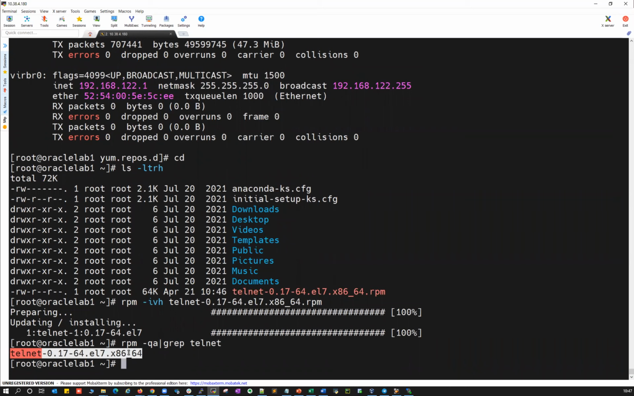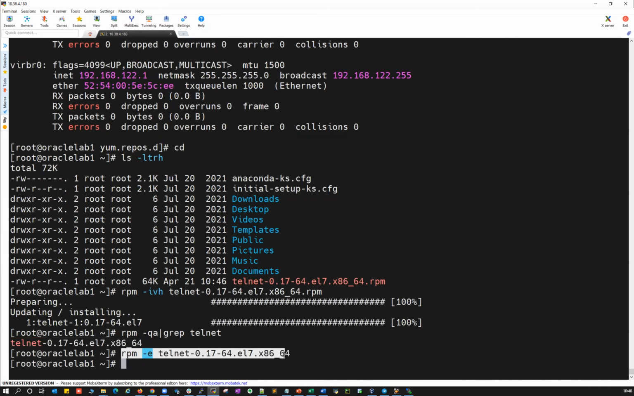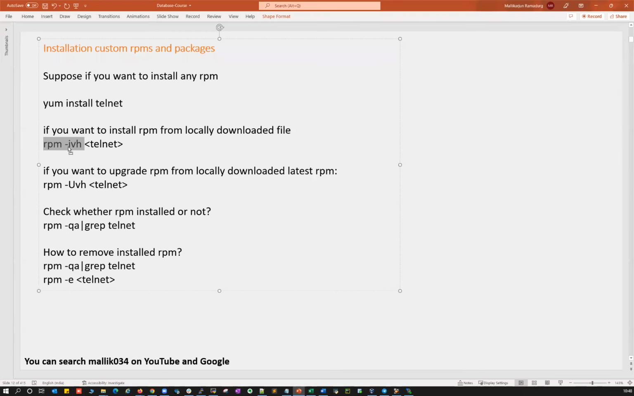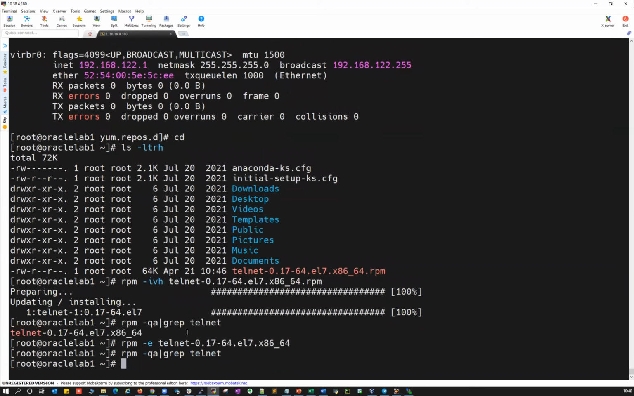Now we want to remove that one. rpm -e is to remove. Then enter that. Now you have removed your RPM. Again, verify it will not be there. So this is a kind of installation of your RPM into your Linux. I is for installation, U is for upgrade. If you use rpm -Uvh and then your RPM name,